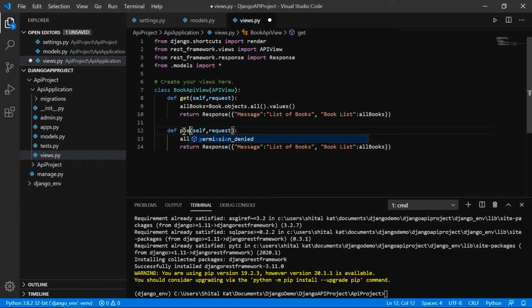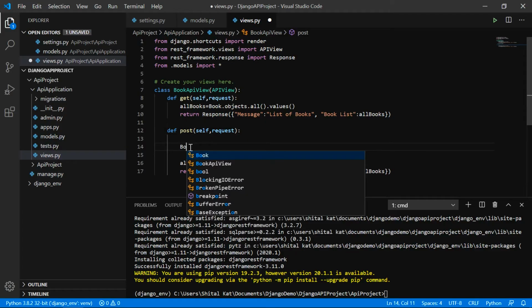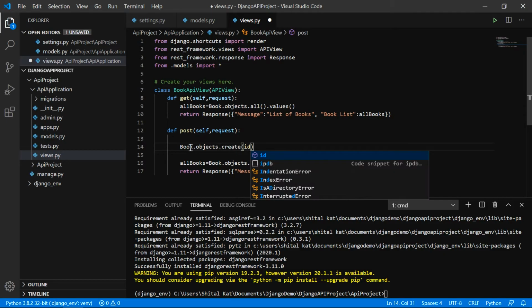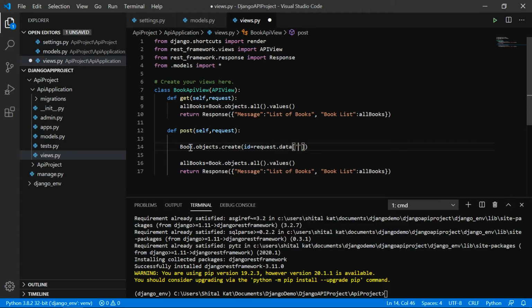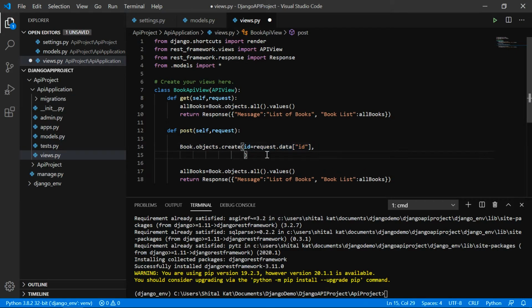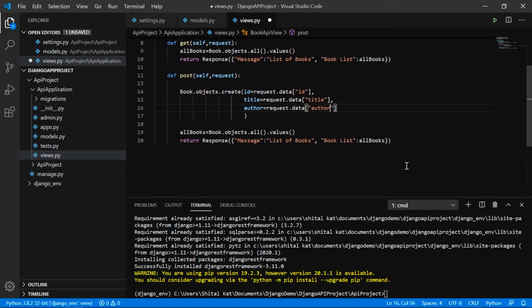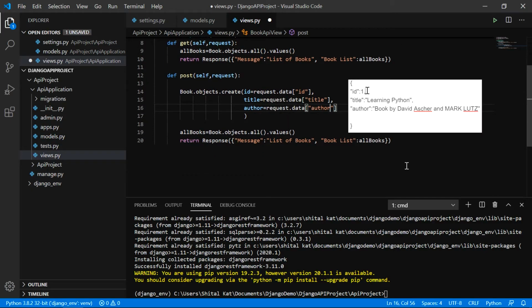Next, we will override the post method. Here we create a new object of the book and provide the values we got from the input parameter request. From UI we will be sending something like this.